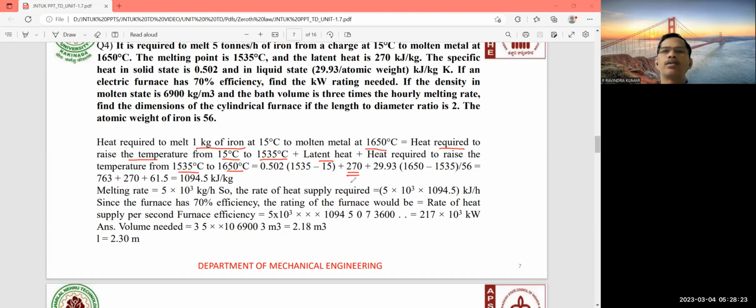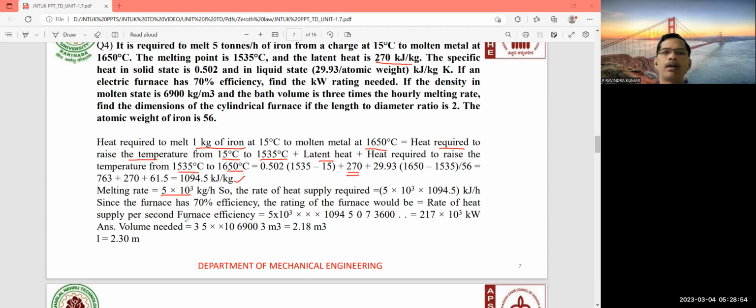So that is the 270 here. The latent heat is given as 270 kilojoule per kg, so that you have to use. And finally, related to that one, once you obtain the Q value and the melting rate, so the rate of heat supply, see here, 5 into 10 cubed kg per hour into 1094.5 kilojoule per hour. Since the efficiency is 70%, the rating of the furnace would be calculated as the